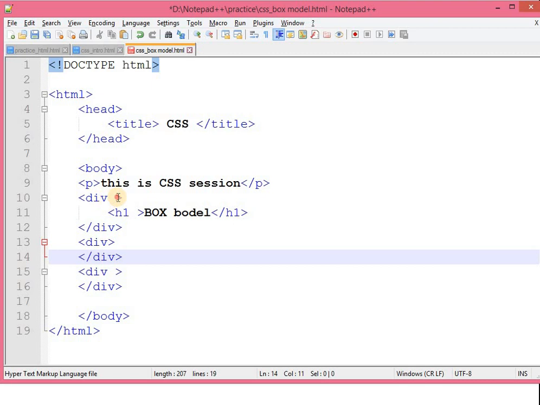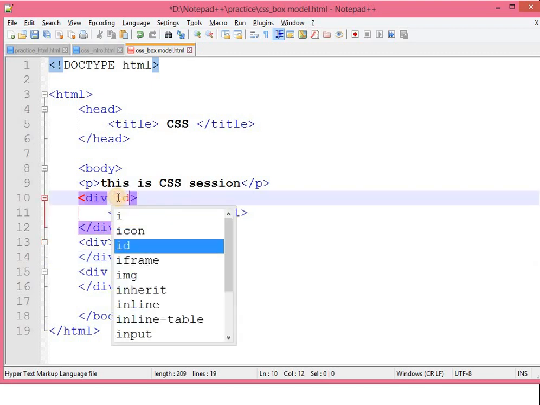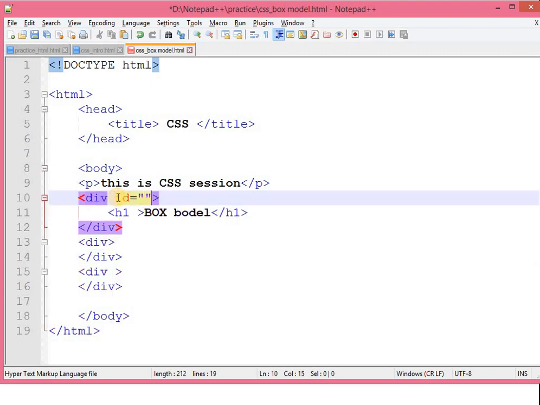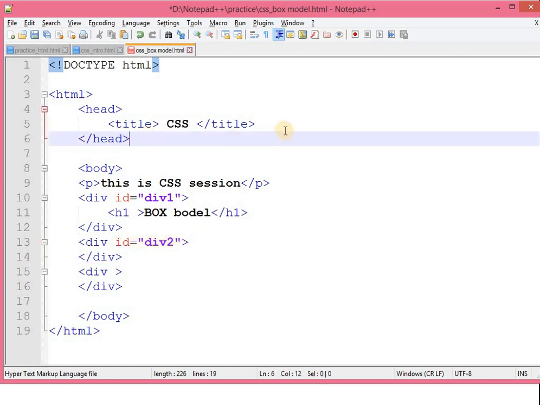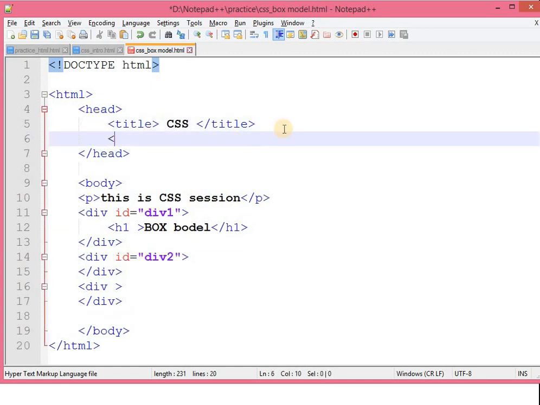I set id equal to div1, and the id for this one is div2. Now in the head section I want to apply style to my elements.